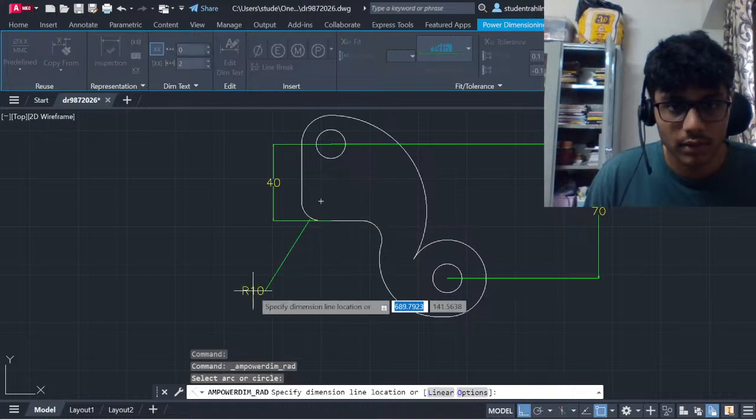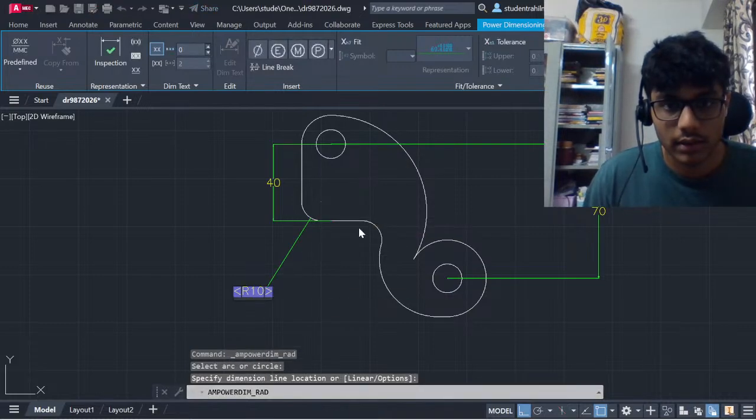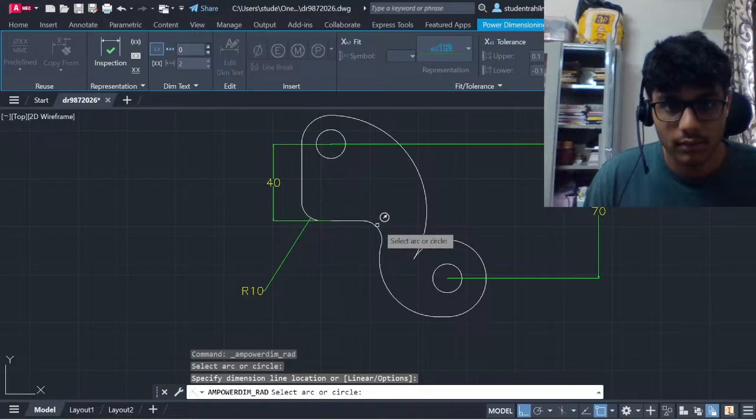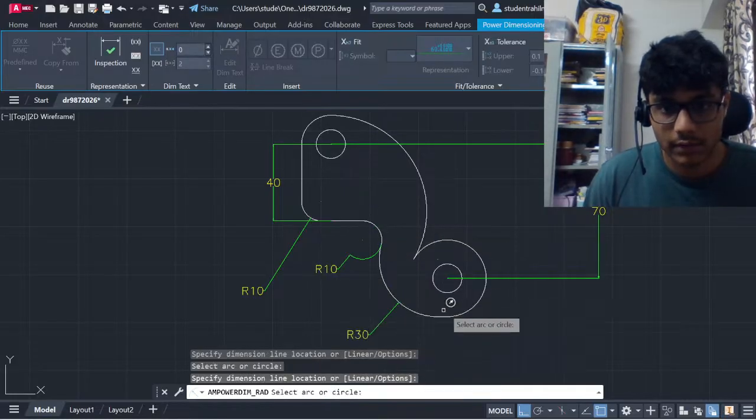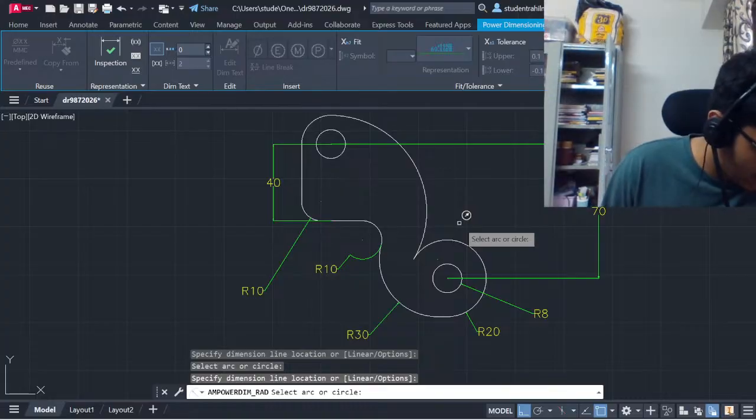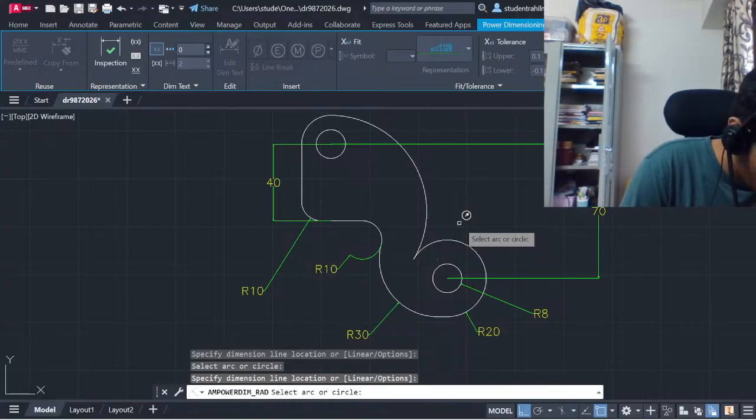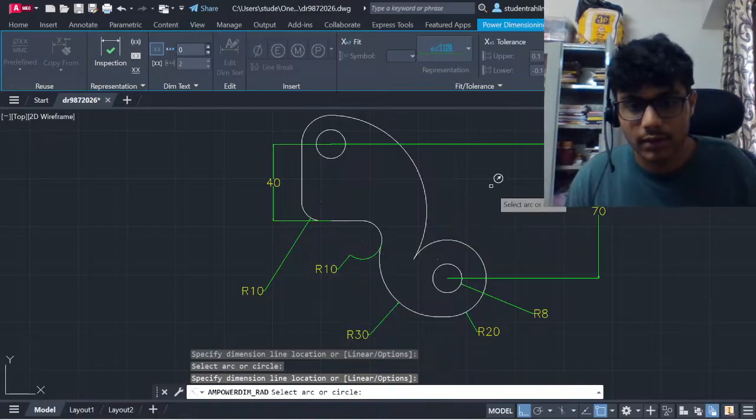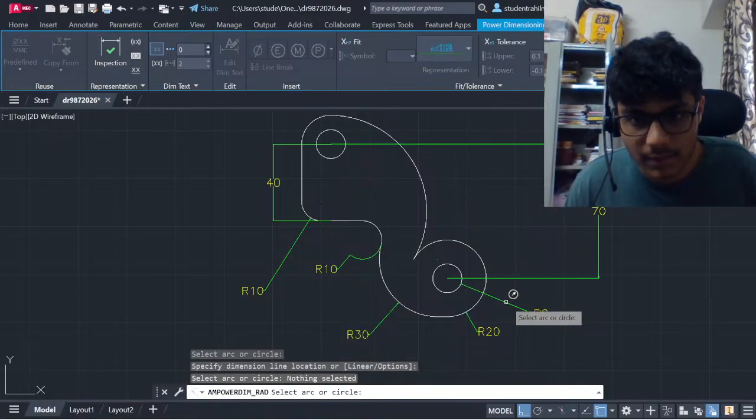circles or arcs with radius 10. This should be radius 10. This should be radius 30. This should be radius 20. This is of radius 8. How come that happened? Oh my god. How come that happened? It's of diameter 15. I think it's being